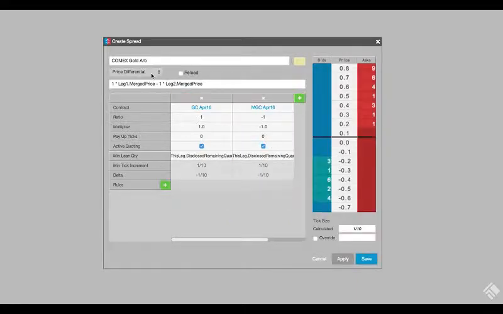We use the default formula of price differential to define the spread. The ratio specifies the quantity and direction of each leg of the spread. Since GC is 10 times the size of MGC, we will be trading 1 GC contract for every 10 MGC, and we use a ratio of 1 to minus 10. Use the multiplier to weigh the prices of the legs when calculating the spread price. In this case, the pricing precision of each leg is the same, so we will leave the multipliers at 1